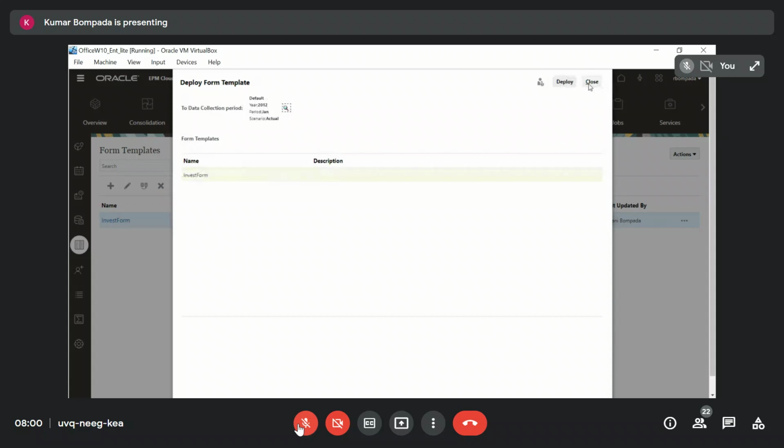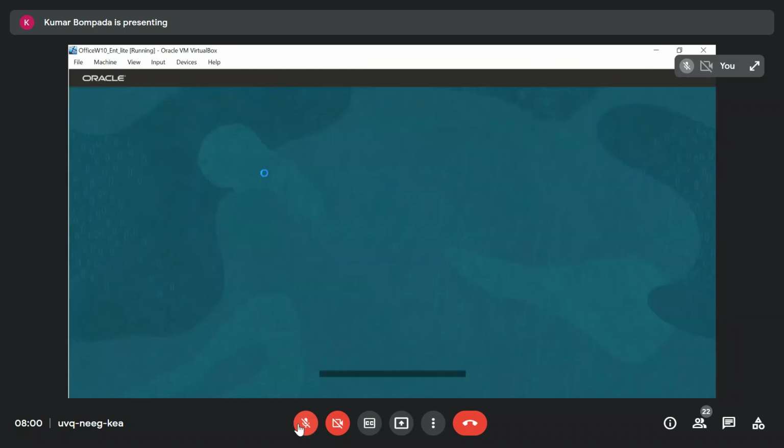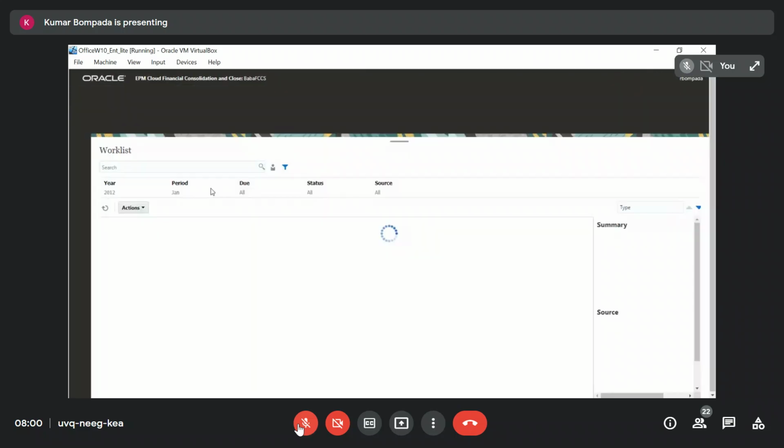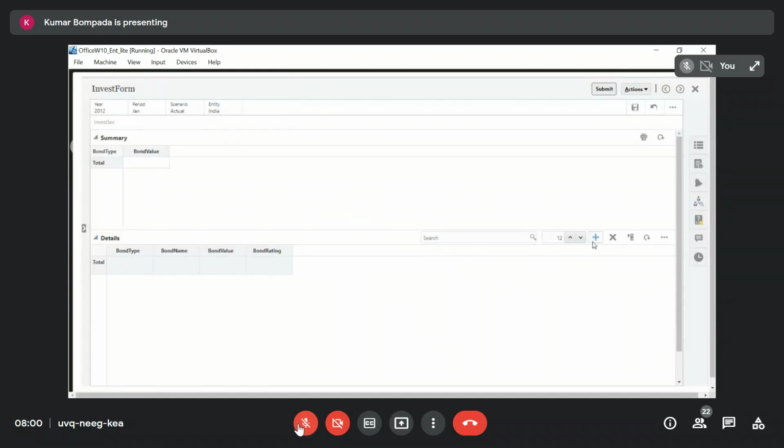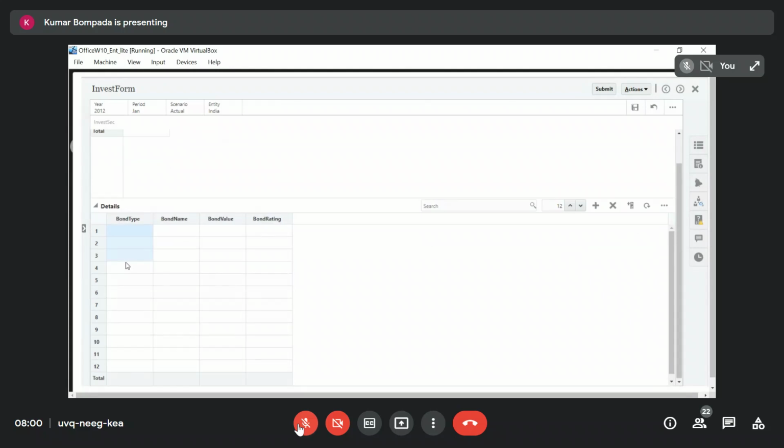Done. Close this one. Again, go to forms, tasks, open the form. Now you see, click on the add button. So here, bond type, I'll put it as